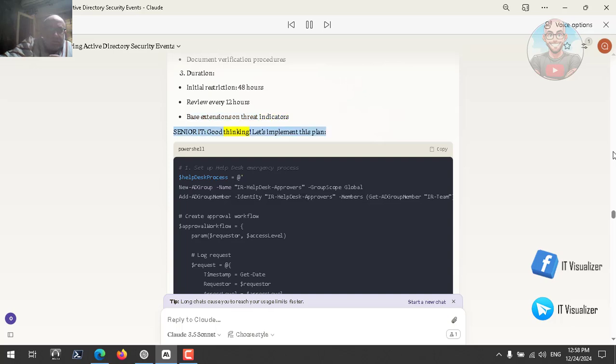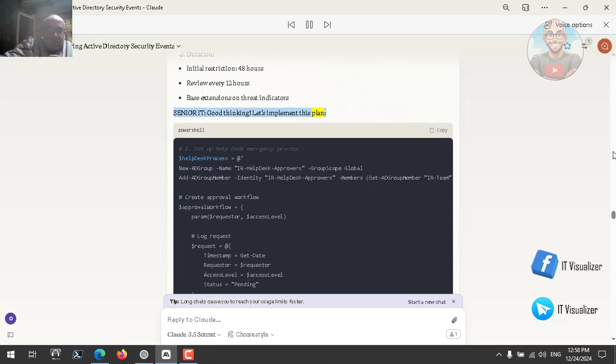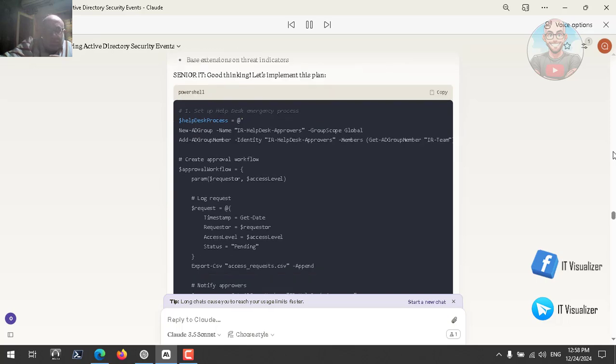Senior: Good thinking. Let's implement this plan. PowerShell. Number 1: set up the help desk emergency process. $helpDeskProcess = @{New-ADGroup -Name "IR Help Desk Approvers" -GroupScope Global; Add-ADGroupMember -Identity "IR Help Desk Approvers" -Members (Get-ADGroupMember IR-Team)}